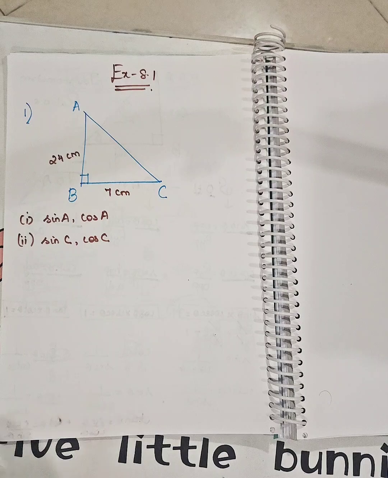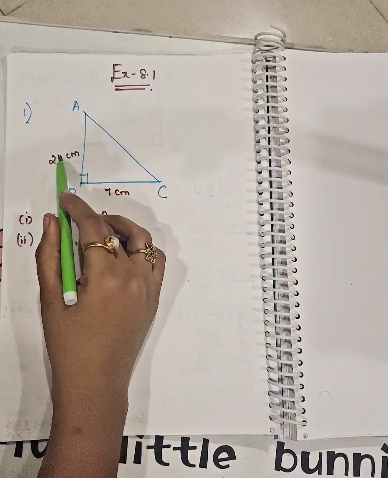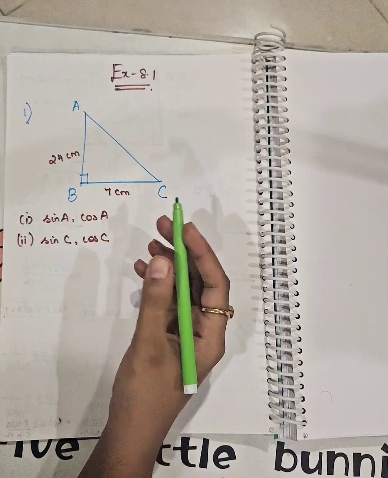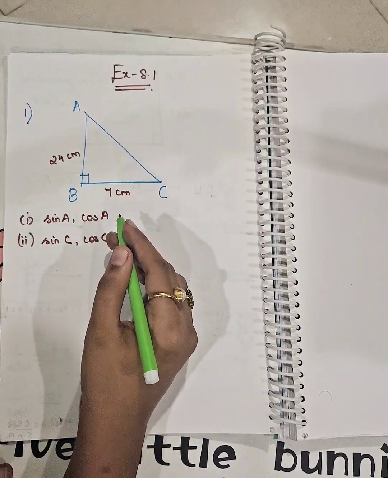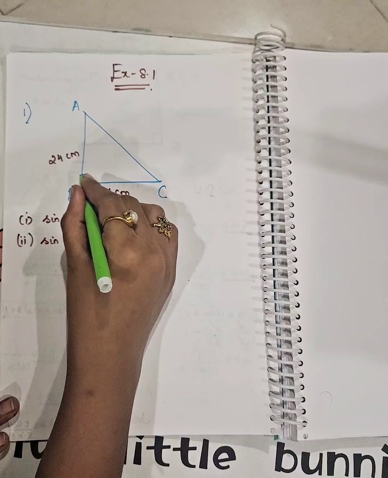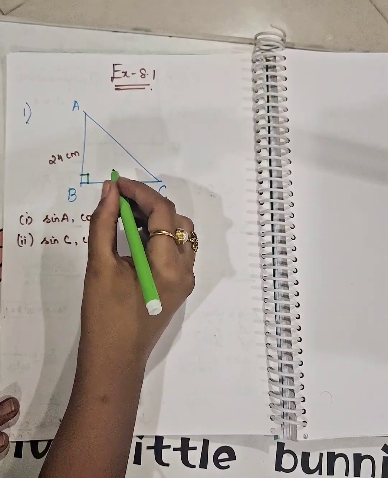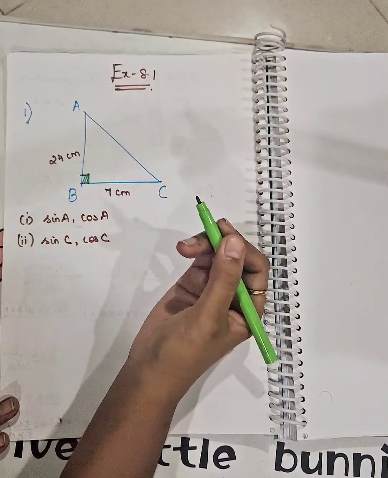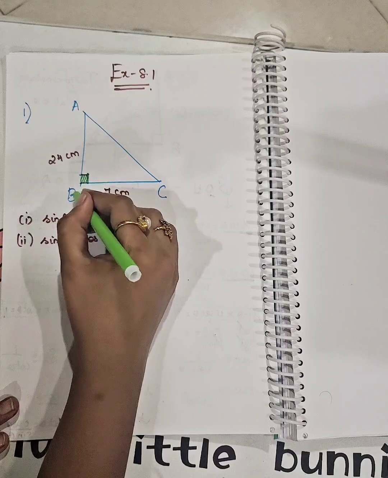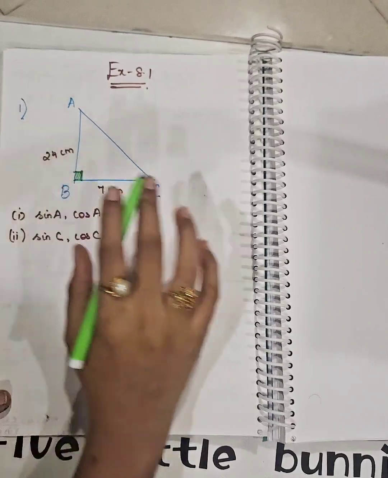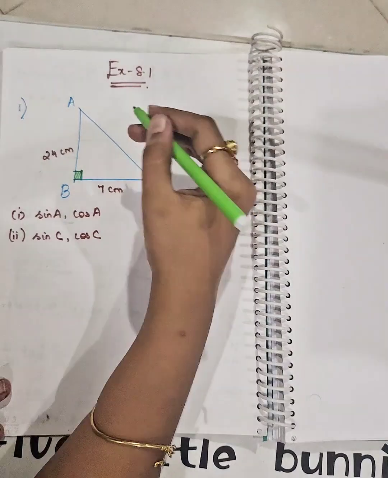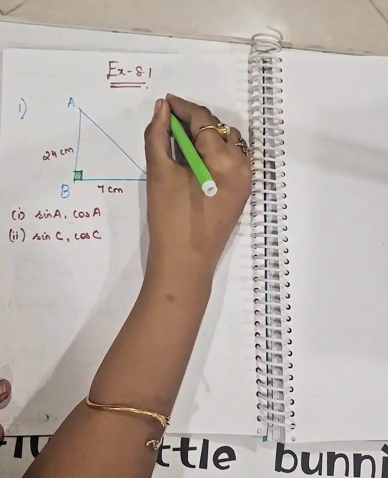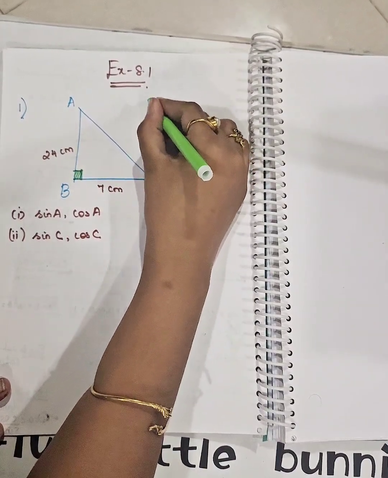So very simple if you understand the basic concepts. First, they have given us only two sides. We have to find the third side. So how to find the third side? By using the Pythagoras theorem. Where can we apply this Pythagoras theorem? To any right angle triangle. Here the right angle is at B, so we can apply the Pythagoras theorem. So how to apply it? Using Pythagoras theorem,